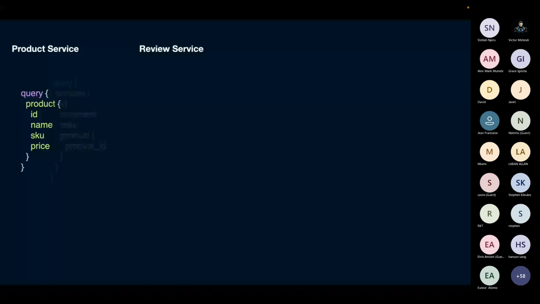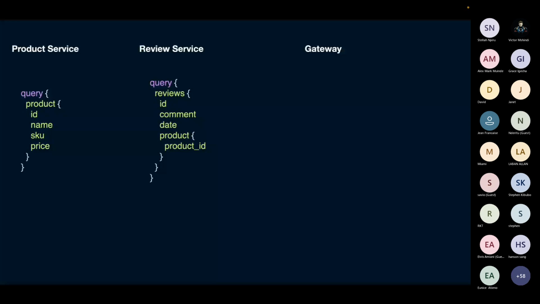And now, if you build a gateway, you can query for all this data, the combined query. You can see it has a product query and a reviews query. So we've composed these two small graphs into one gigantic graph that we can query in one place.